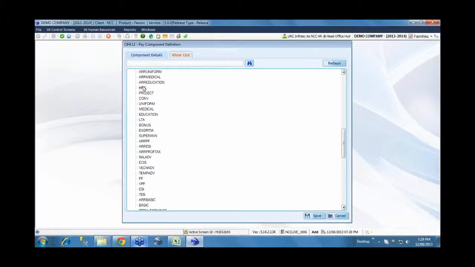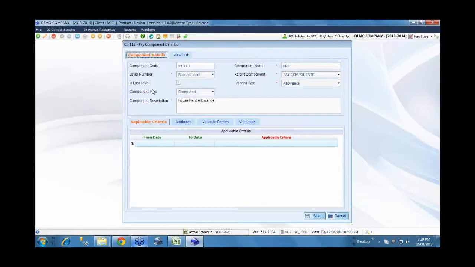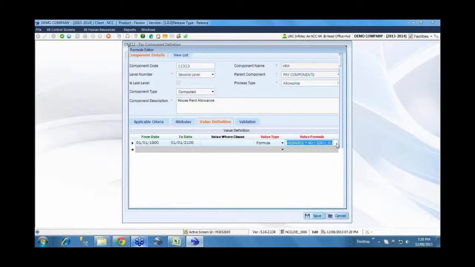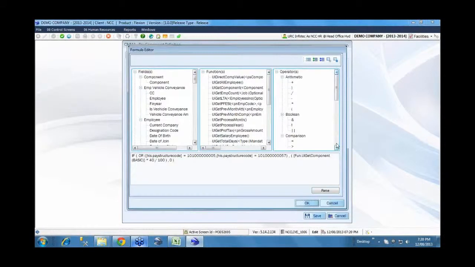Allowance. Then see what flexible options you have while defining this. We can say whether this component is a direct component, meaning you just give a fixed value, or a computed component, meaning there is a formula based on which you compute the value. In this, how an HRA needs to be calculated is specified as a formula.